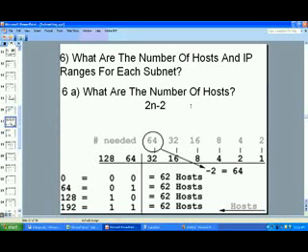6 is kind of a 2-part question, but I'm going to show you, since we're in the 4th octet, there's a nice little cheat you can use. How many hosts do you have? Well, 64 is your block size. It also happens to be the remaining number in that octet. So if you're in the 4th octet, this is real straightforward. 2, 4, 8, 16, 32,